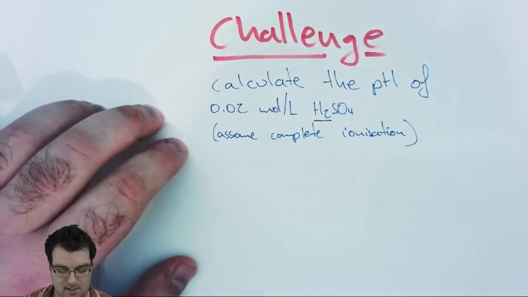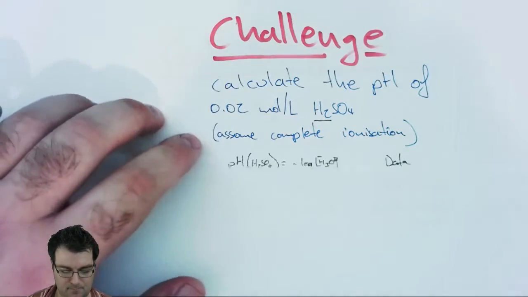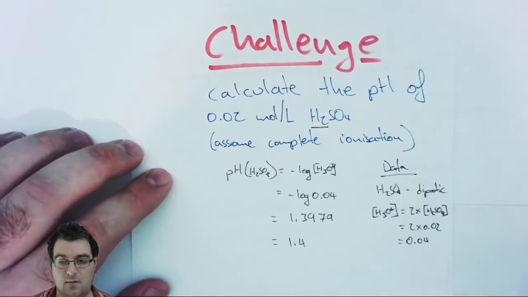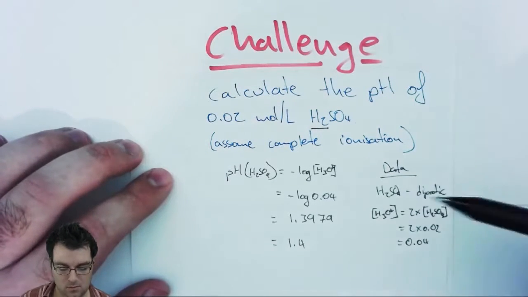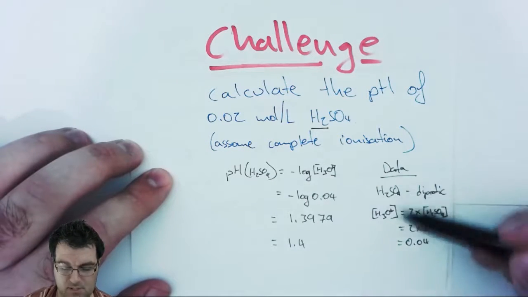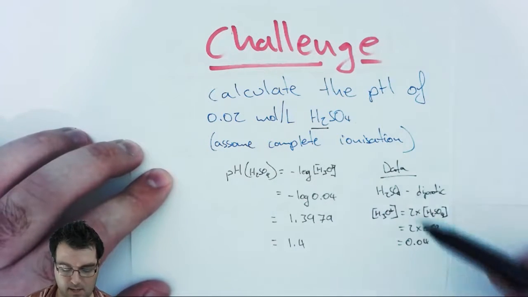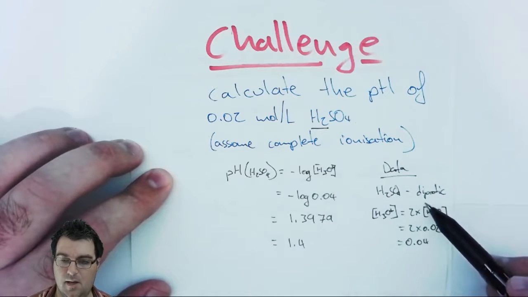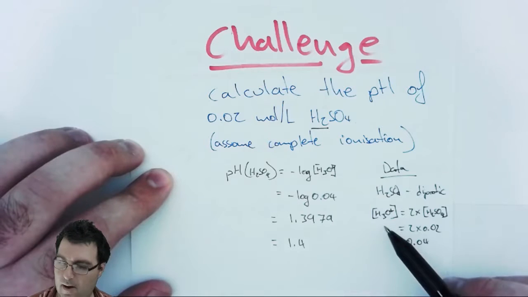Let's take a look at our answer just here, okay? Now, with these styles of questions, the best way to solve a calculation question in chemistry is to, just at the side here, write down your data. So we have sulfuric acid, we know that's diprotic. All right, so what that means is our hydronium